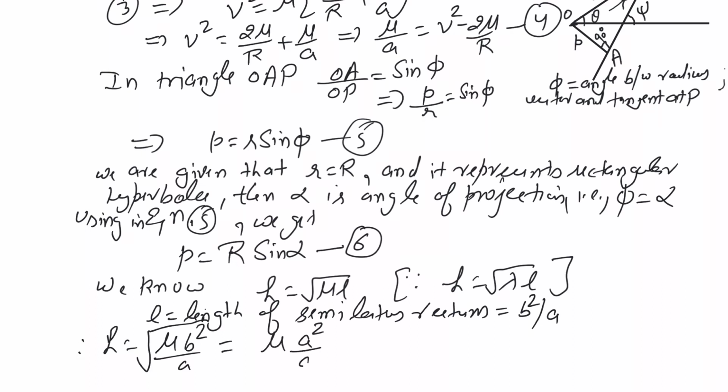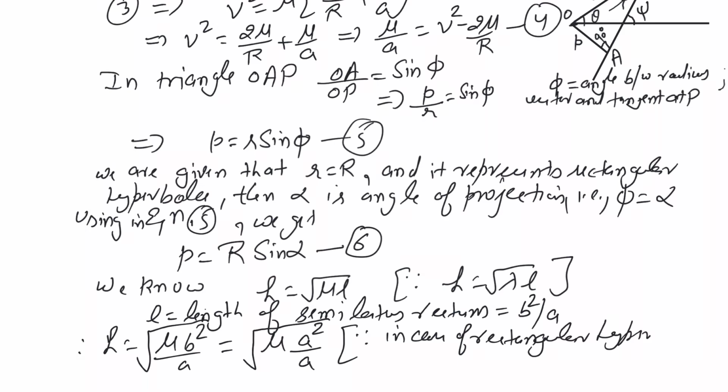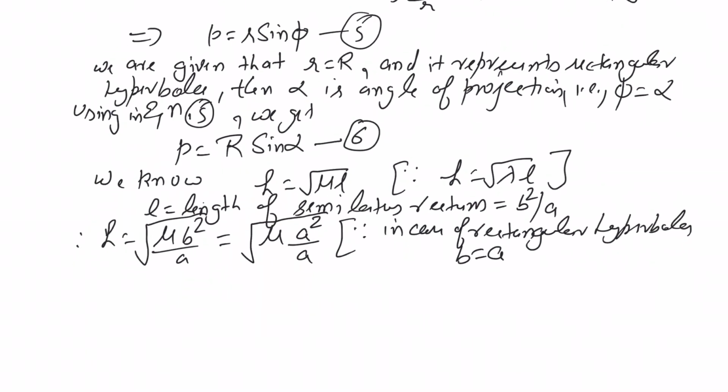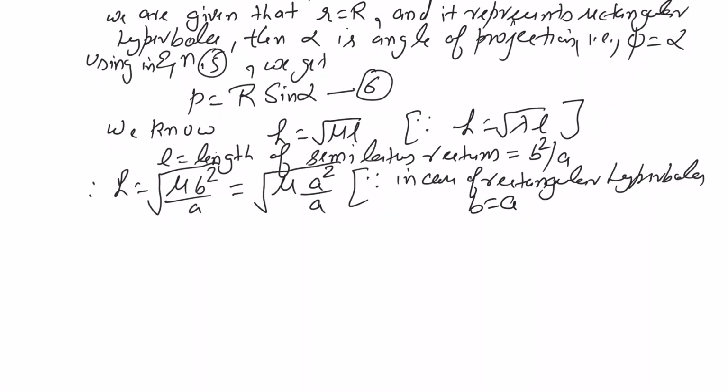and in case of rectangular hyperbola, b is equal to a, so this will cancel out. So this implies that h is equal to root mu a, and you are going to name it as equation number 7. We also know